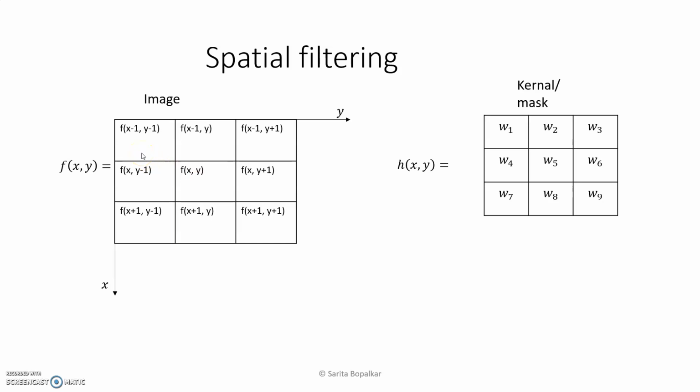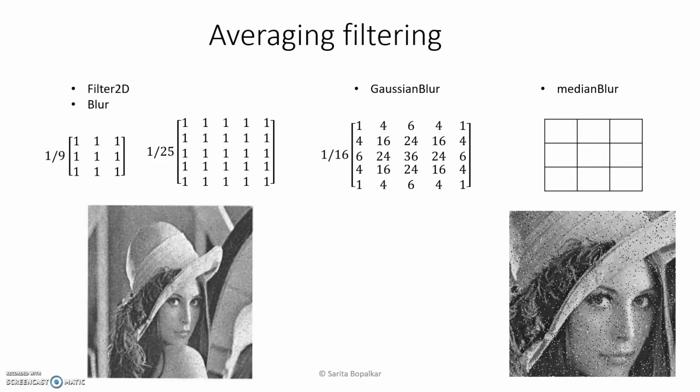We are multiplying each pixel with its weight and taking the summation of all these 9 pixels, and we are dividing it by 9, that is, we are taking the average. So it is also called an averaging filter, and this average value will update this pixel. This operation continues till all the pixels in the image are covered. So this is the convolution operation. f(x,y) convolved with h(x,y) gives you the resultant image.